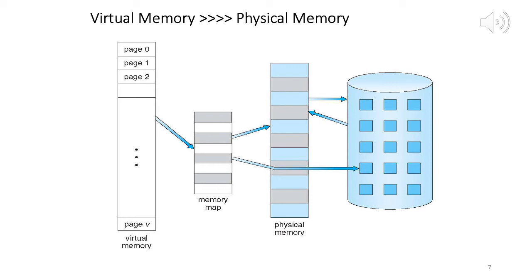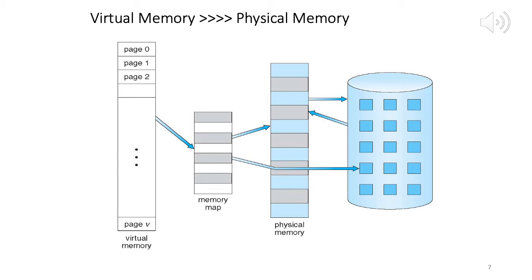How many pages we can have depends on two factors: number one, the capacity of the virtual memory, and number two, the page size. So capacity divided by page size gives the number of pages in virtual memory. So if your phone is 256 GB, right? That's generally your virtual memory capacity, and your page size is 4K, then 256 GB divided by 4K, those many pages you will have. Okay.